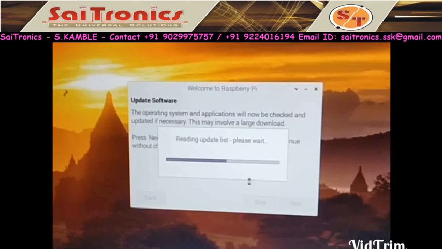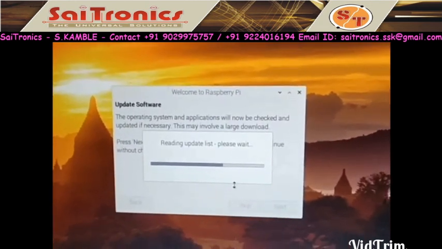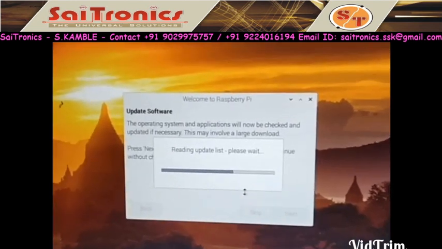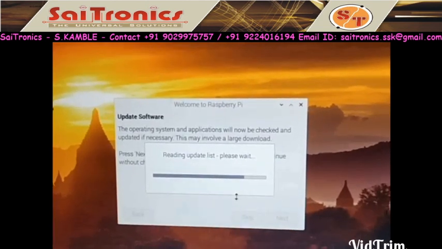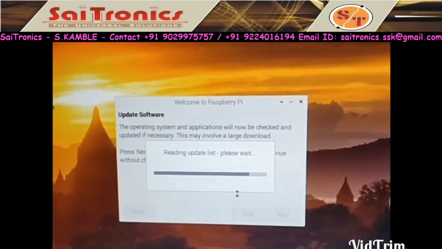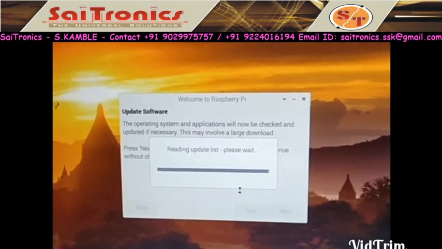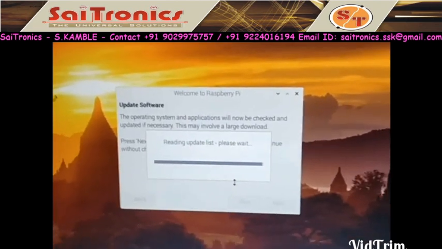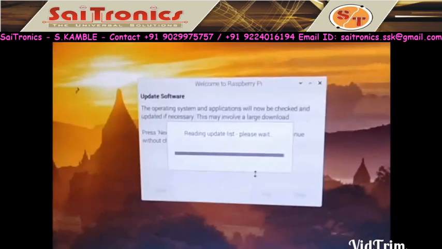To update the Raspberry Pi, there are also DOS prompt commands, but at the beginning it will ask for the update and we are doing the update. So this Raspberry Pi is connected to Wi-Fi.